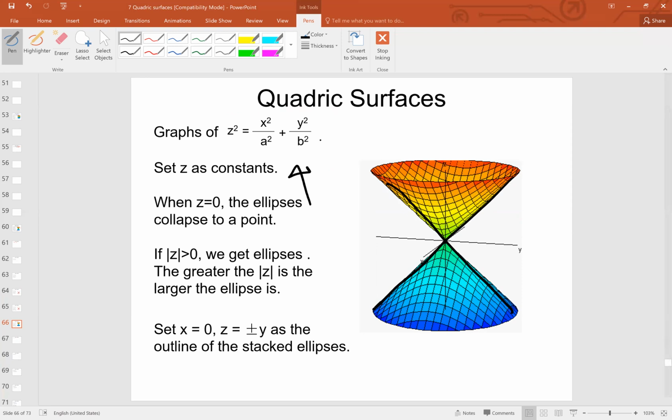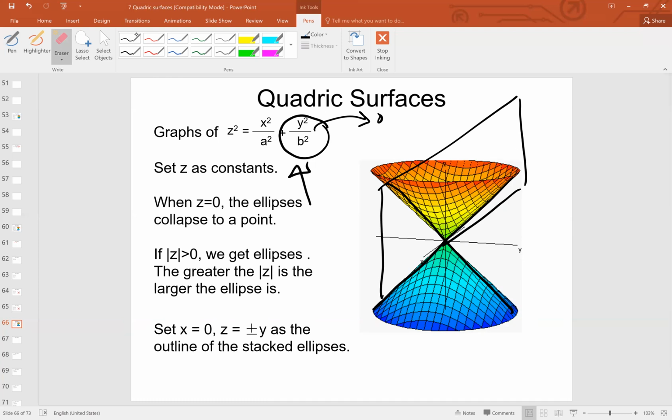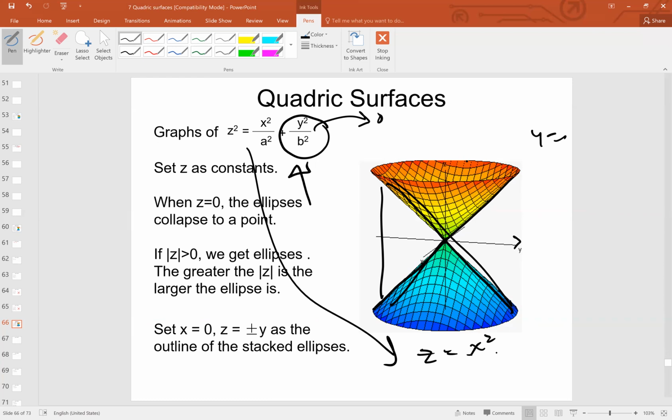Why? Well, because if I were to set one of the variables, y, to be 0, that is, cut this surface with the plane y equal to 0. Here's the y-axis, here's y equal to 0. If I cut through this, what it's going to cut is a straight line on this surface. The other one you can see in the back. Why? Because what I get is the equation z is equal to x squared over a, and then you take the square root. Basically, z is equal to some constant times x. And that's a straight line. That's a boundary. That's what the profile looks like,